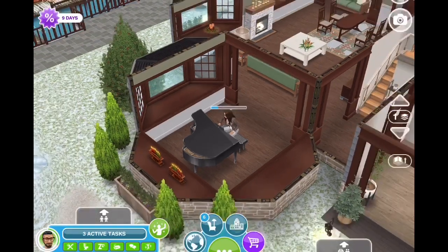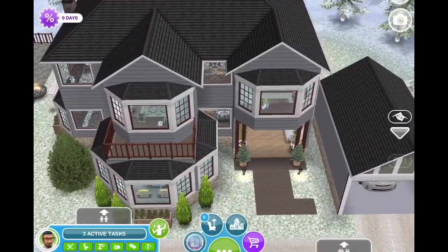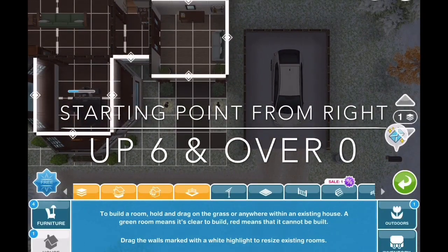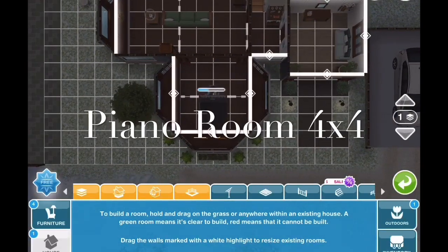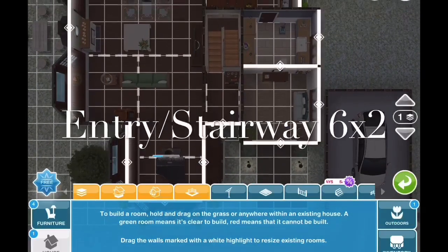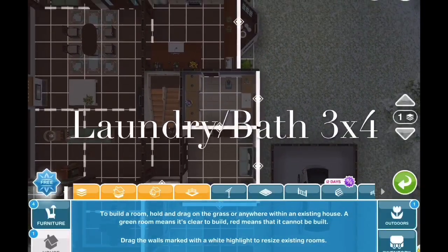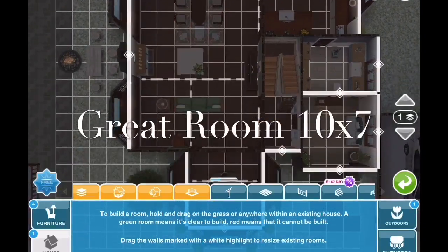Next, we are going to take a look at the grid so you can see how I built the house. This was a very, very simple build. As a starting point, starting from the right over here, you're going to come up 6 and over 0 from the garage. Then we have the piano room here, which looks bigger than 4x4 because of those bay windows. There's the entryway, there's the porch, which I actually built in reverse order, the laundry room and half bath, there's the great room right